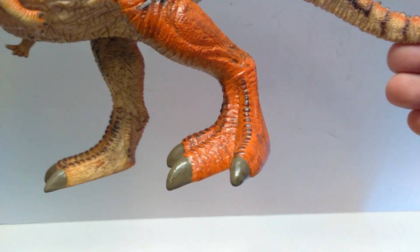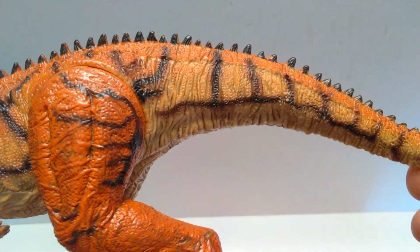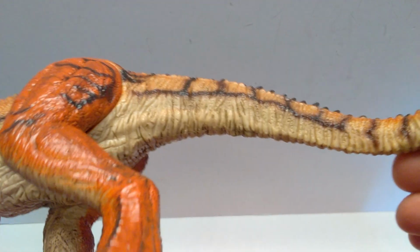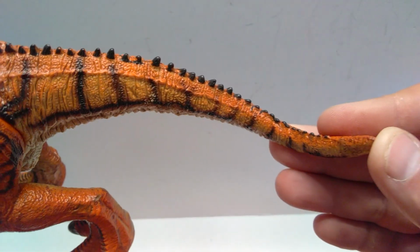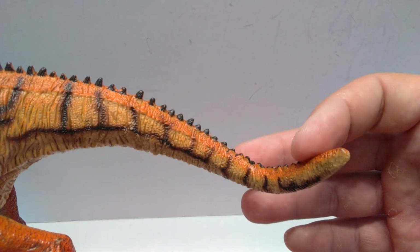Nicely painted nails. They are glossy, so they do shine fairly realistically. And then again, some more nice sculpt and detail up here in the tail, with lots of creasing and cracks and crevices throughout the tail, and they've given it a nice dark wash to bring that detail out quite beautifully. We see those ridges run along the tail and then kind of taper off right about here,